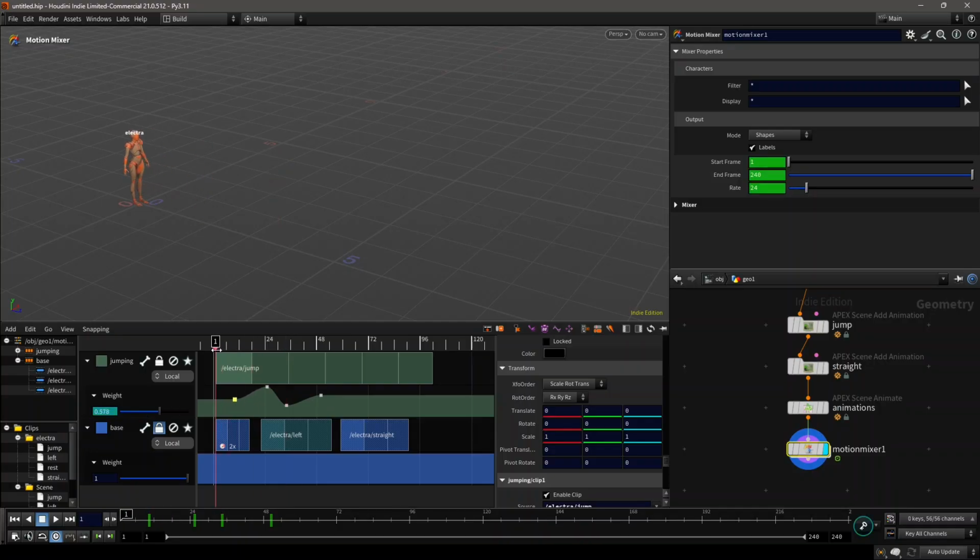And now you will see that on these frames it follows the straight one, and then it gets back to the jumping animation, and then the weight decreases again, and base drag starts influencing again, and then it gets to this constant value, as you can